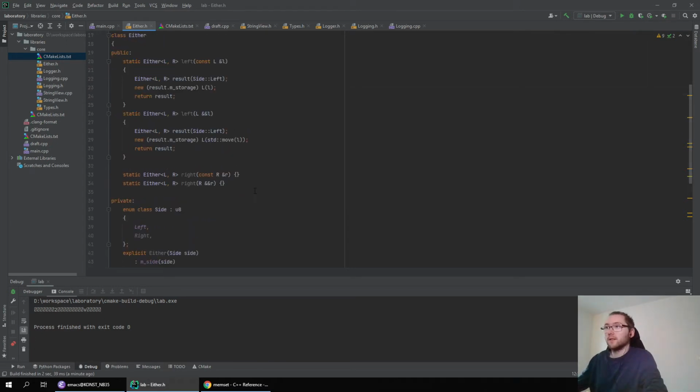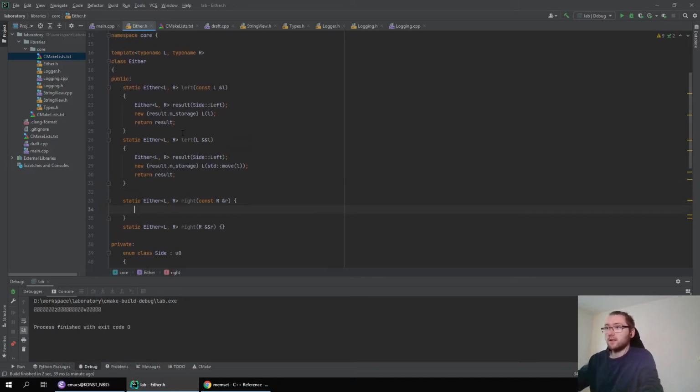Okay, sure. Now also do it for our right. So construct a new either, an empty either, which I'm going to disallow for my client code basically, only for internal use.